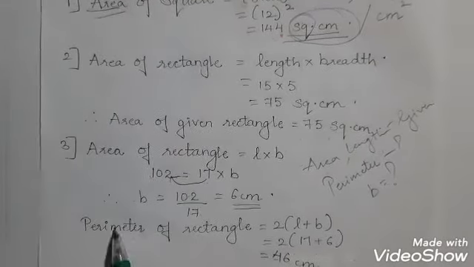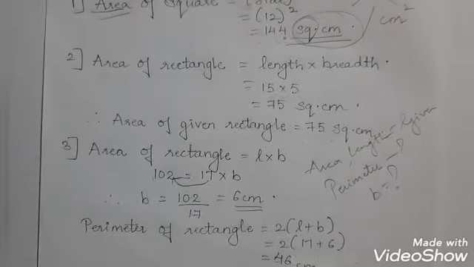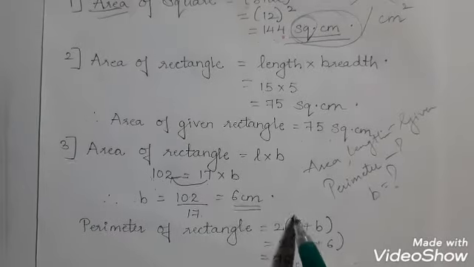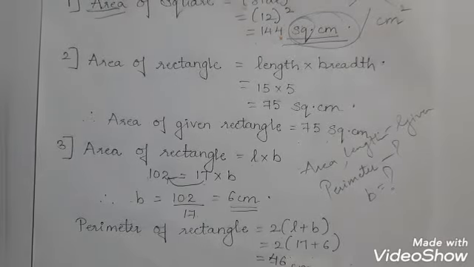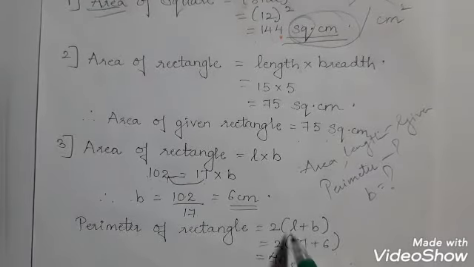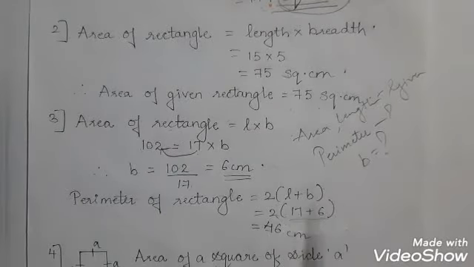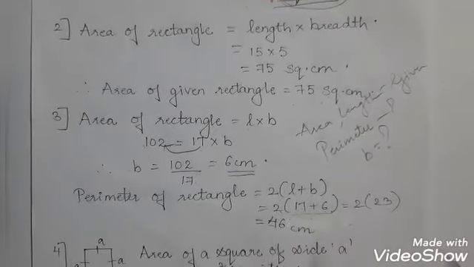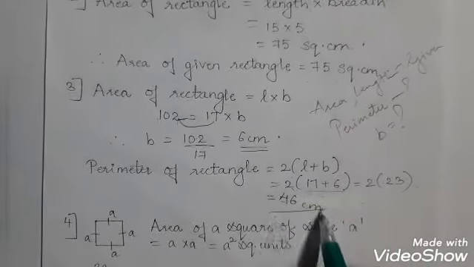Now we will find the perimeter of a rectangle. So now the formula for perimeter of rectangle we have already studied in a previous video. Okay, the formula is 2 bracket length plus breadth. Okay, that is 2 times length plus 2 times breadth. So 2 is a common bracket. What is length? Given is 17 and 6 centimeter is the breadth, which we got. So first I will solve the bracket. So that is equals to 2 into 23. Okay, 2 bracket means multiply. So 2 into 23 will give you 46 centimeter.